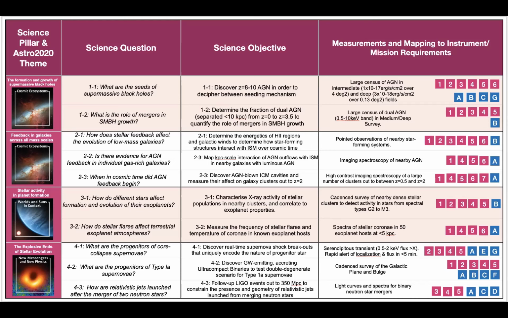Many of those will be high redshift AGN, and we can start to really address the question of whether there are massive black hole seeds at a redshift of 8, 9, 10, of the kinds that very, very recently Webb is starting to suggest are there. We'll be able to look at how black holes grow over cosmic time by looking at, for example, dual AGN, an idea of black hole mergers from dual AGN.